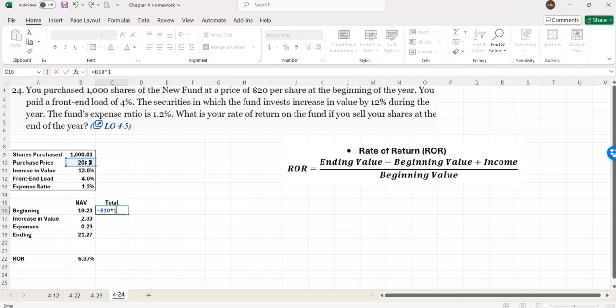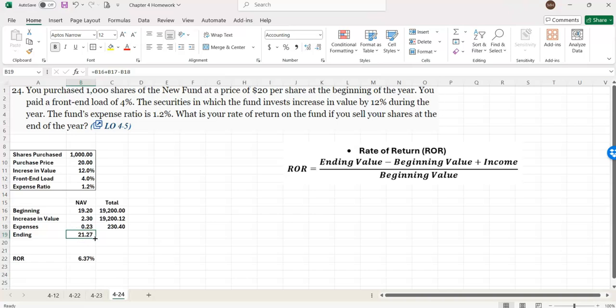So if I want to do this on a share price basis, I take the 20 and I multiply it times 1,000, the number of shares, and then I multiply that by 1 minus the front end load, so 19,200. So my growth is the 19,200 times 12%. And then my fees are the 19,200 times the 1.2%. So the ending value